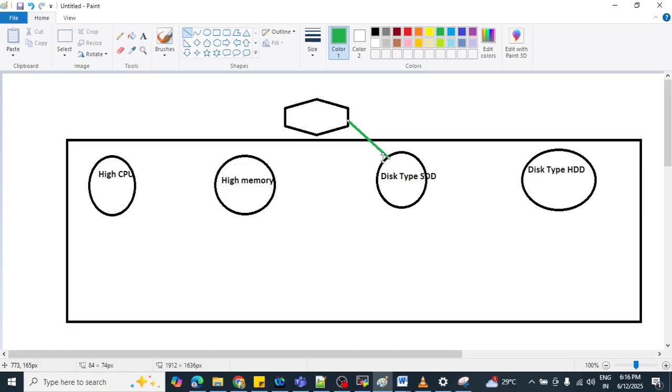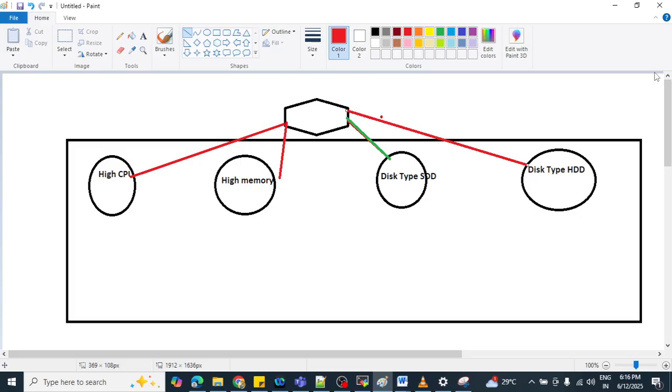But if I want to tell Kubernetes please schedule this application on SSD but not on any other available node, then in that case we are not going to use the node selector concept here.